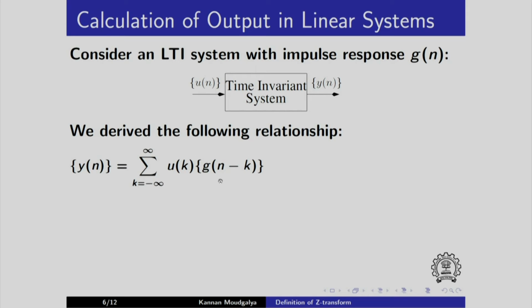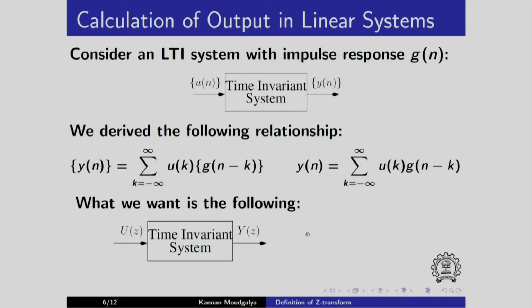Recall the lectures given earlier, we got this general expression. In fact, we said that because of this, the impulse response g has all the information about the system, and comparing term by term, we can get the expression for one term. Remember, the moment I put braces, I mean the whole sequence, and this one is just one of the terms in that, namely the one evaluated at time instant n. So, here is the expression we have.